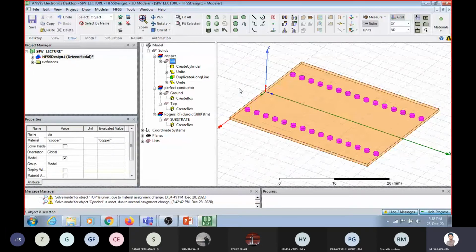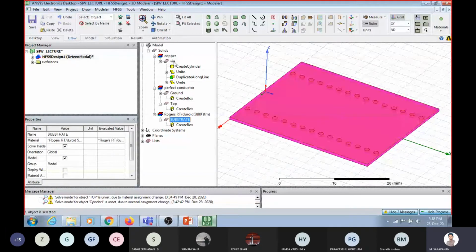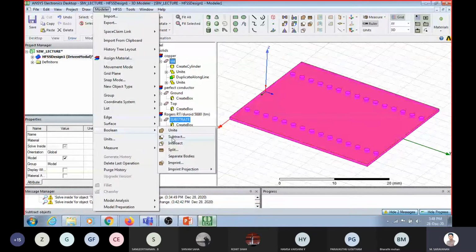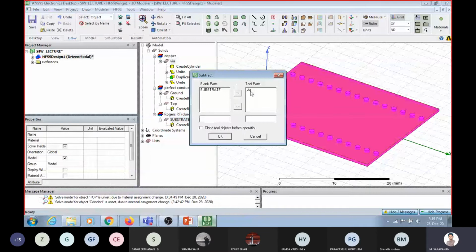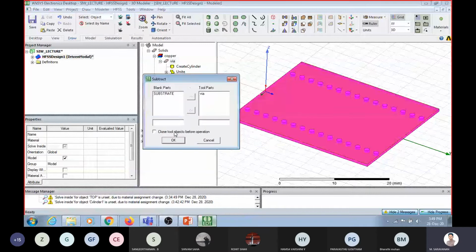Select the substrate first, select via, go to modeler, boolean. Instead of unite, now you go for subtract, or you can directly select it from here. So this is the tool part. Okay, so it is very important to note that if you have not selected clone, what happens, I will show it.